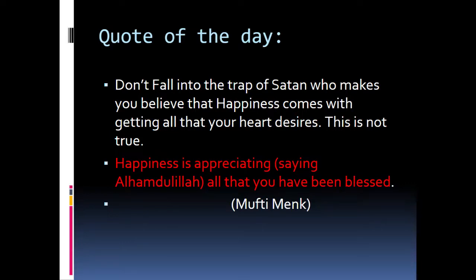Well, today I gave a quote of the day: don't fall into the trap of such shaitan, who makes you believe that happiness comes with getting all